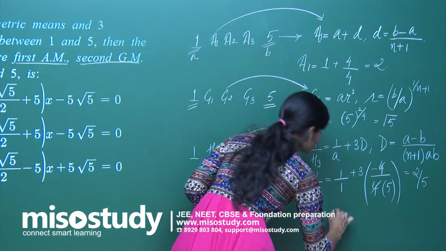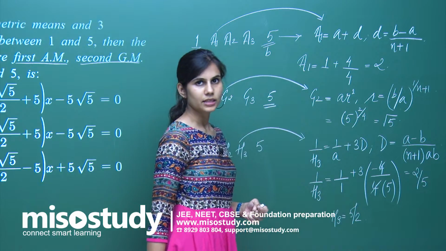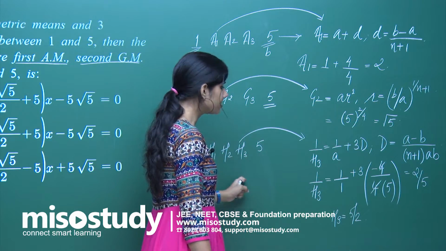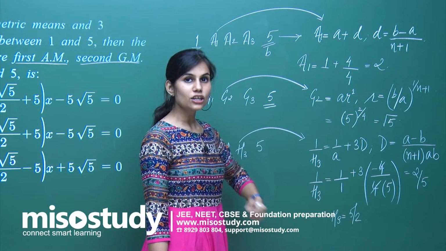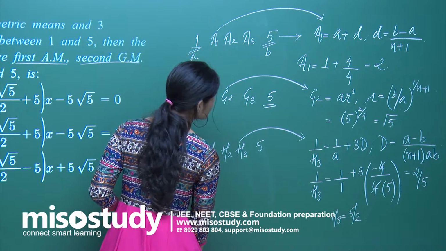So H3 is 5 by 2. That's how you get the first arithmetic mean, second geometric mean and third harmonic mean. These three are the roots of a certain equation, a cubic equation. And when you know all the roots of this cubic equation,